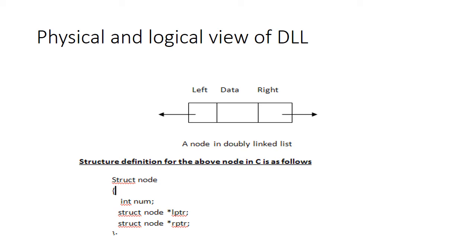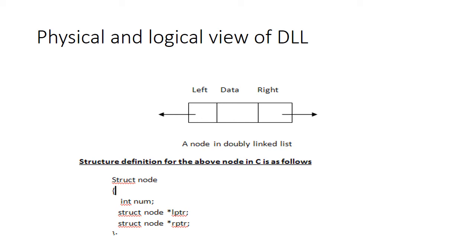Let us see the logical way of representing this particular diagram in code. How actually will we represent this? Again I will be using a structure. As we have done for a node in the single linked list, we wrote something like struct node, and within this we had only two members. One is of type integer, or whichever data type you want for the data field of that node, and I had only one pointer field.